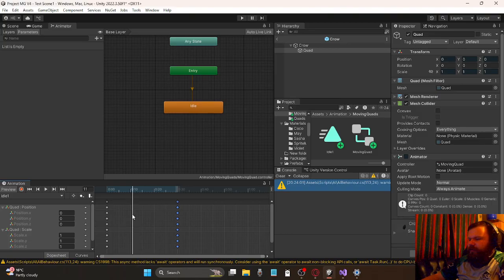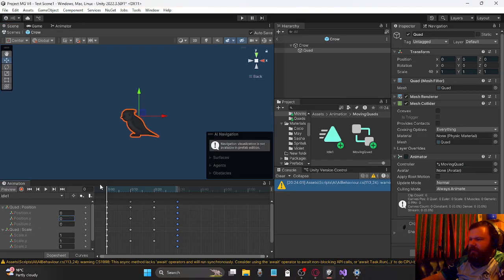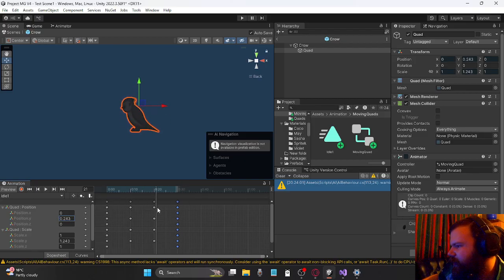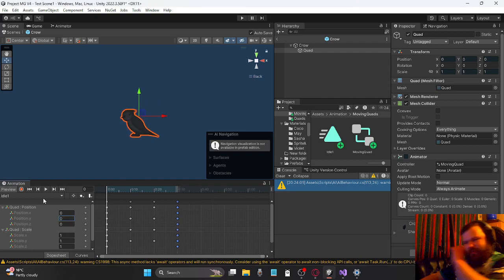Then it's 10, 20, 30. So here I want the scale to go to 0.75. The position will be minus 0.25. Over here, this will be 1.25. This will be 0.25. And essentially